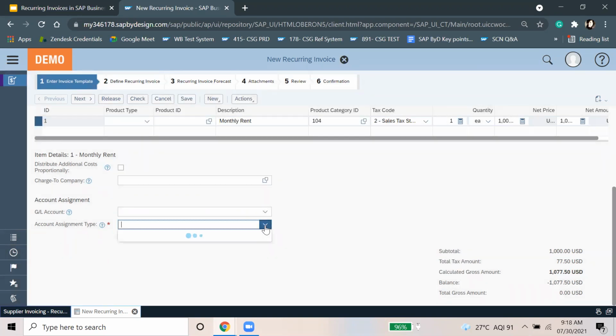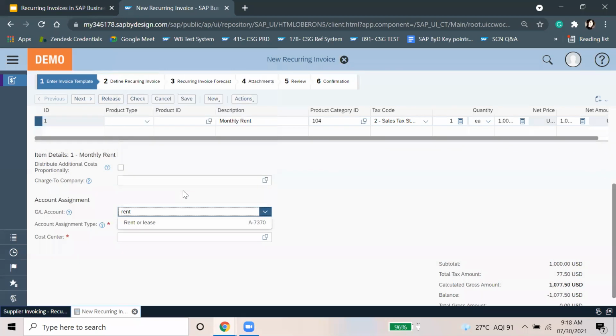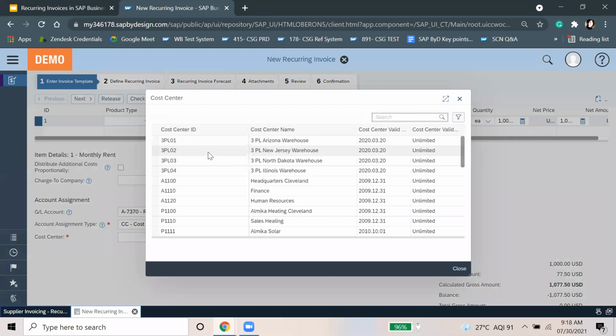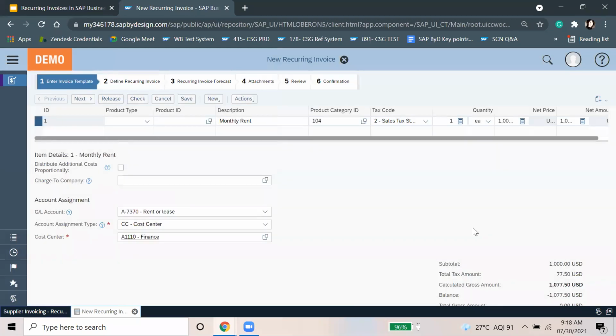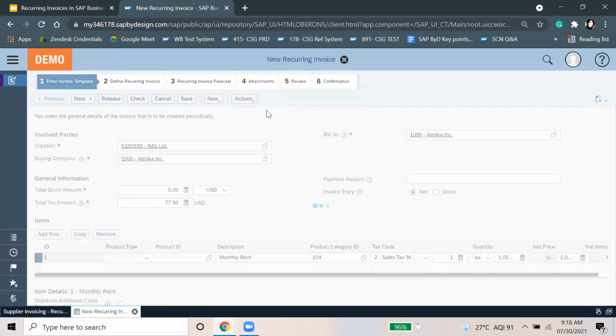We can choose the account assignment type. I'm taking the cost center basis. Rent or lease. Then the cost center I'm taking is finance. And then actions, calculate total amounts.